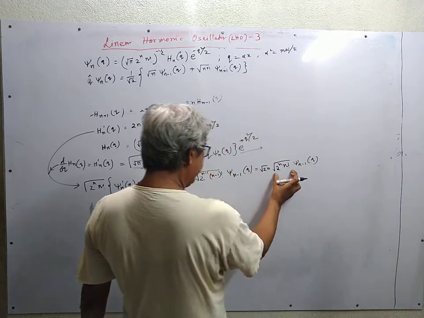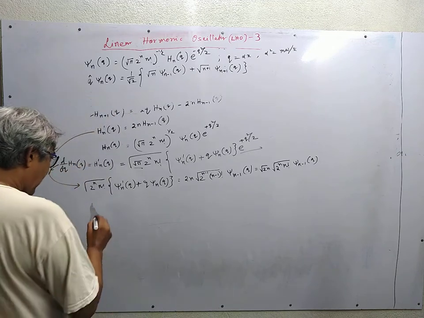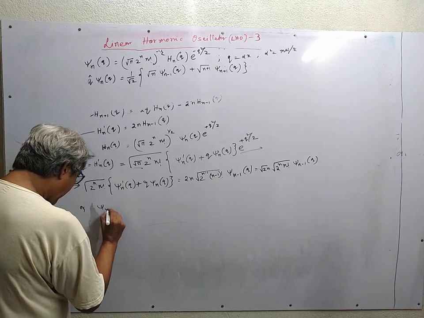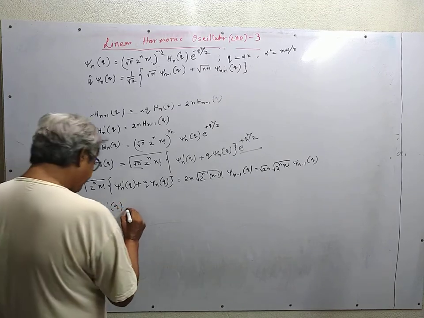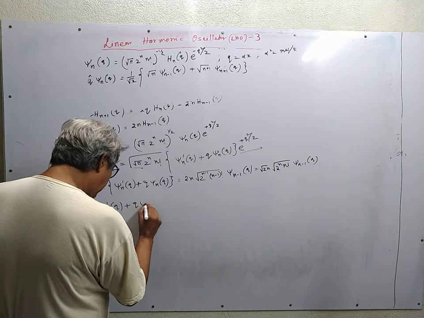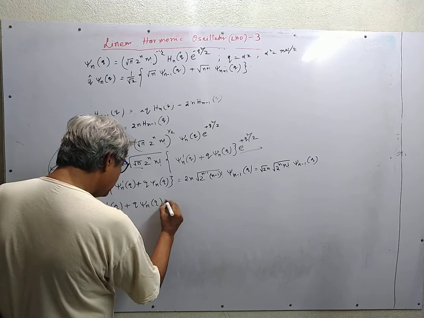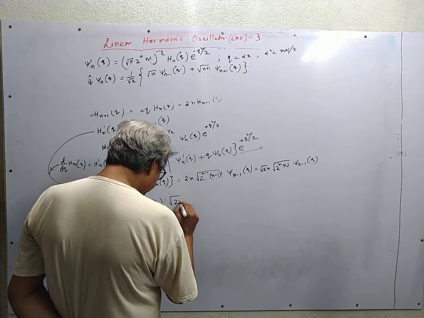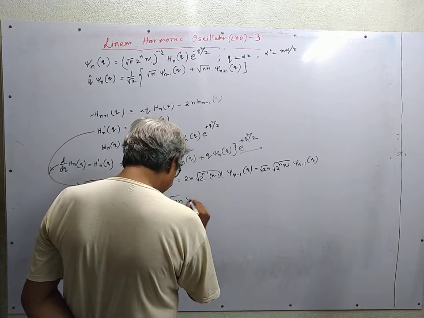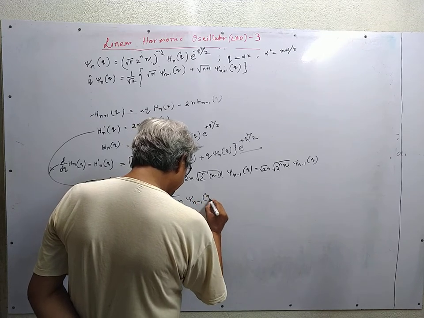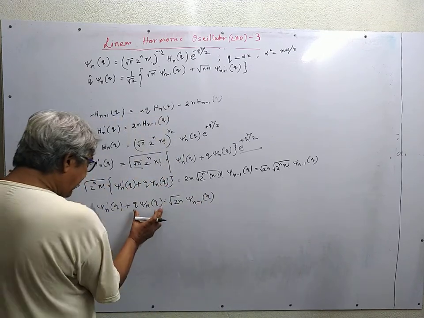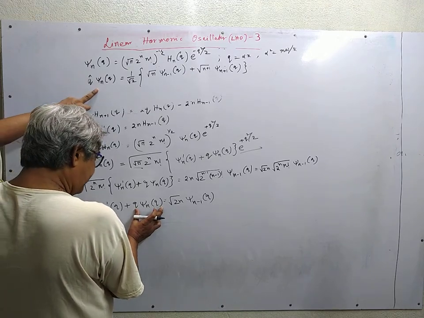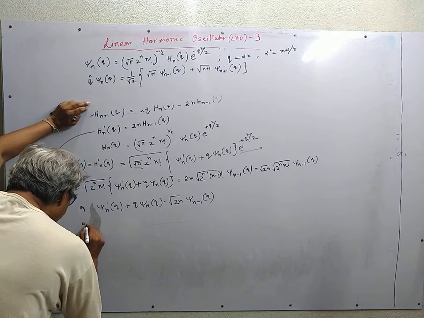So if we cancel this part, we will have phi n prime q plus q phi n of q is equal to root 2n. If we replace this relation by the earlier one, a more simplification is obtained. We can write